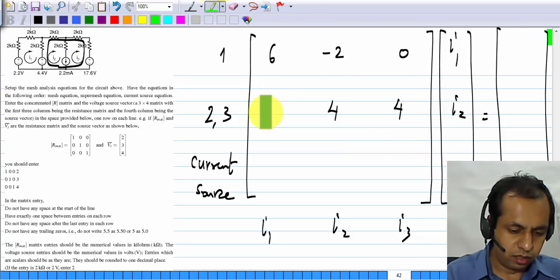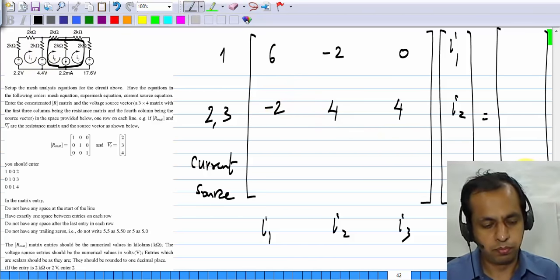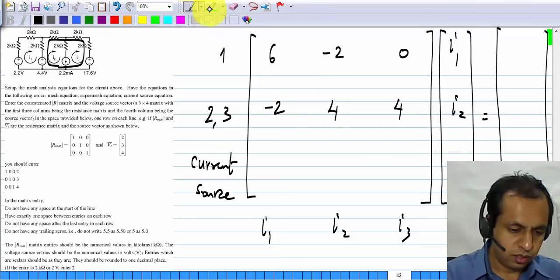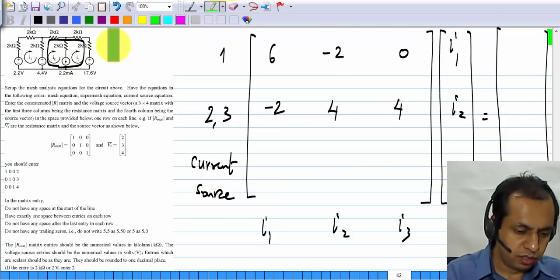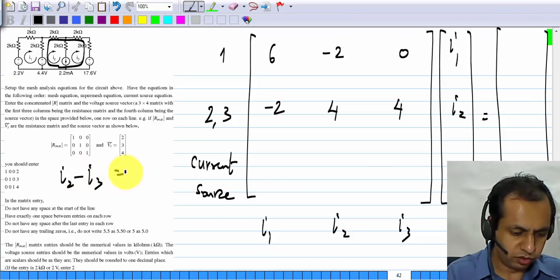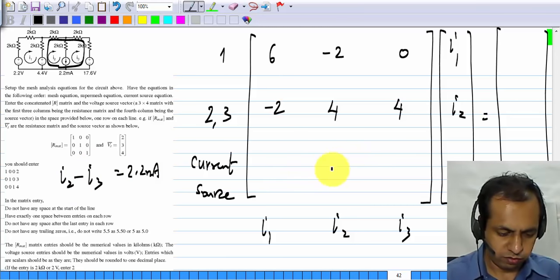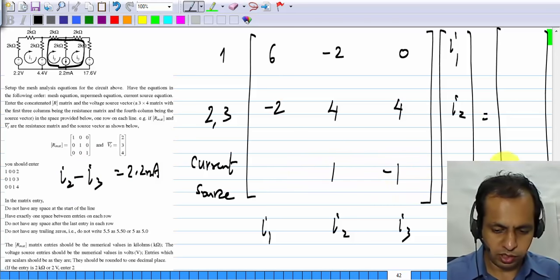Okay, and this one between mesh 1 and mesh 2 we have this 2 kilo ohm resistance, which will appear as minus 2. Okay, and finally the current source here is 2.2 milliamps, that equals I2 minus I3, so we have I2 minus I3 equals 2.2 milliamps,